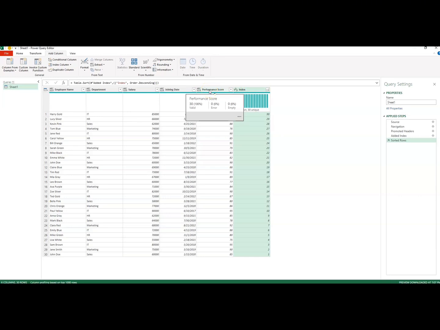Now we want to reward them, we want to compensate them for their performance. To compensate them, we are saying multiply the performance score by 1,000, then add whatsoever they get to the salary. That will be their compensation. So I want to add a column that is going to show their new salary, which is going to be